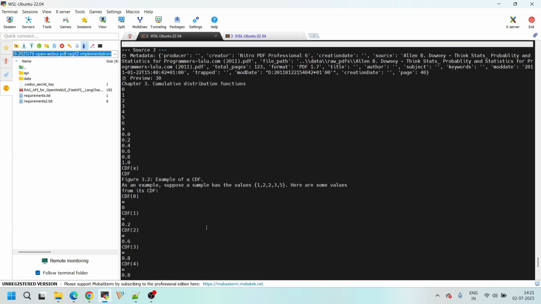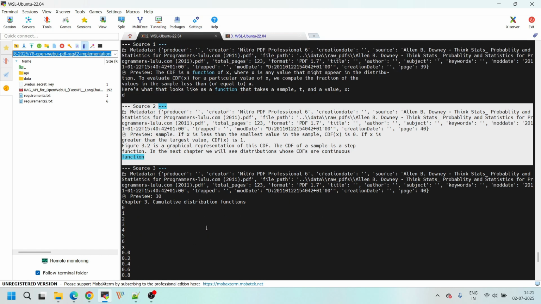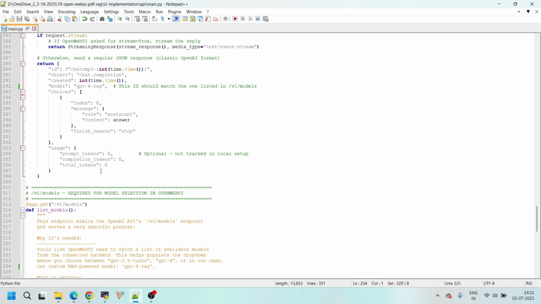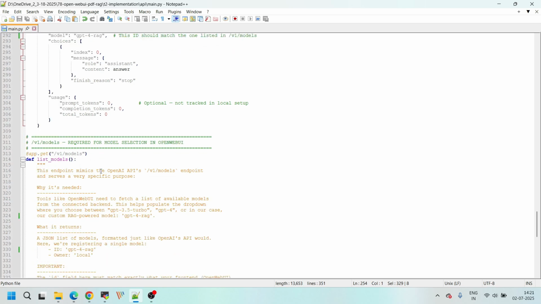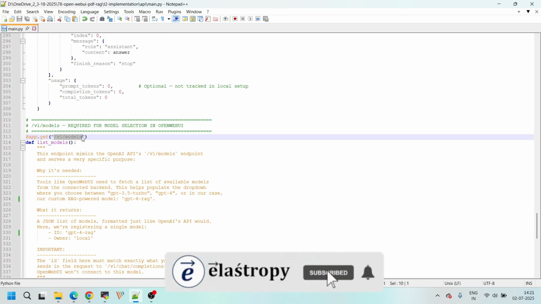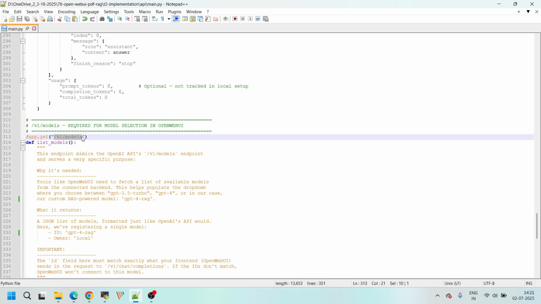These are the document chunks that are obtained from the PDFs that we used as main sources in our RAG application. And now there is one last piece we need to complete our integration, and that is this V1 models endpoint. This endpoint is simple. It is used by Open WebUI when it first loads, so it sends a request to the V1 models endpoint